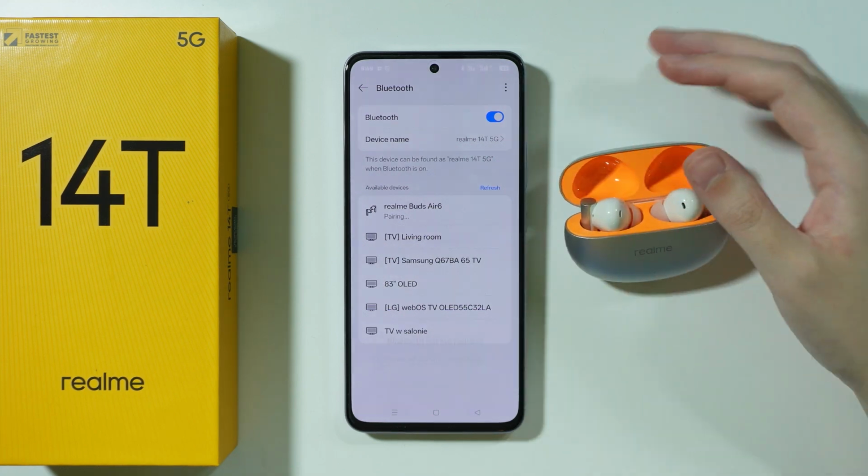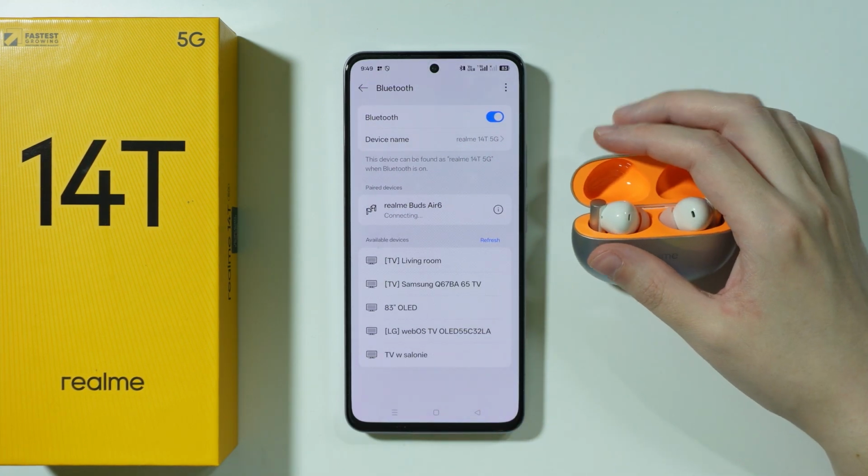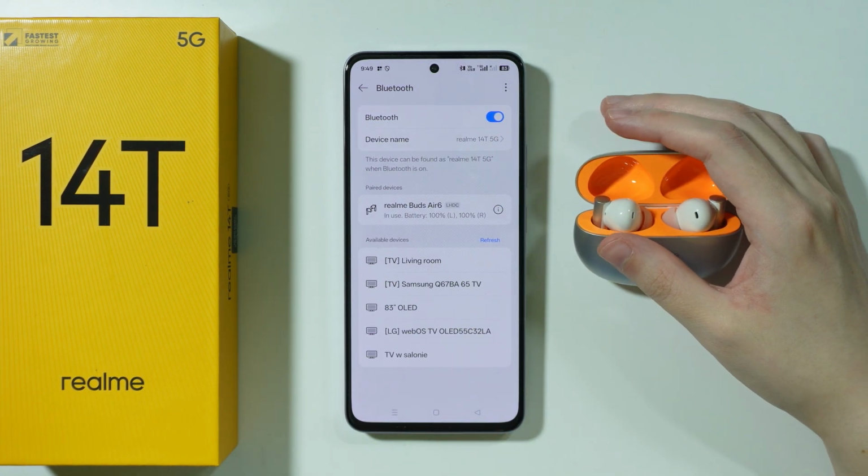And that's about it. This is pretty much everything that we can do in order to fix issues with the Bluetooth device not connecting